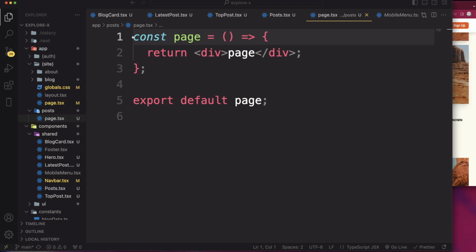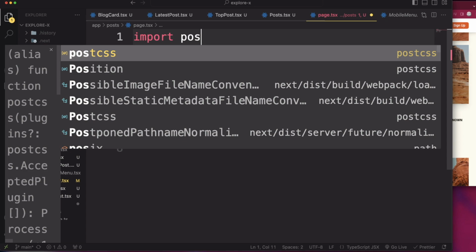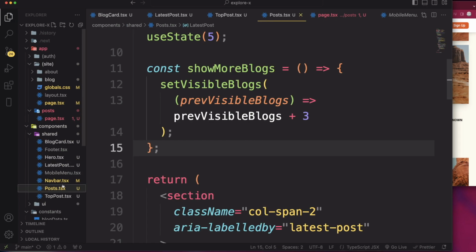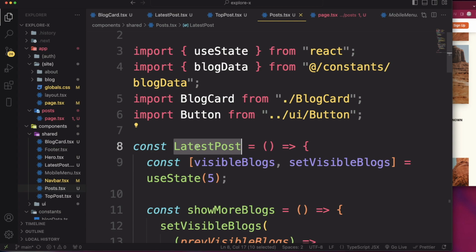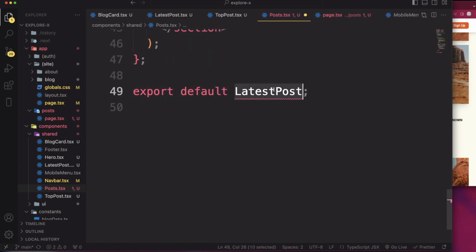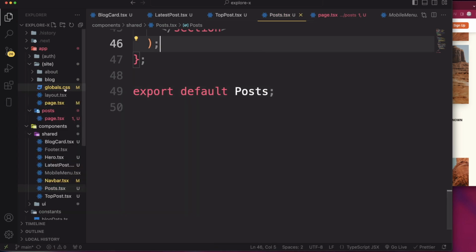And then in here, we're just going to import our post. Oh, okay, I know what we did. We copied over the code here, so we forgot to change the exports and stuff. So like const post, and then head down, we gotta change this to post like that. All right, and then head back over to our page here,